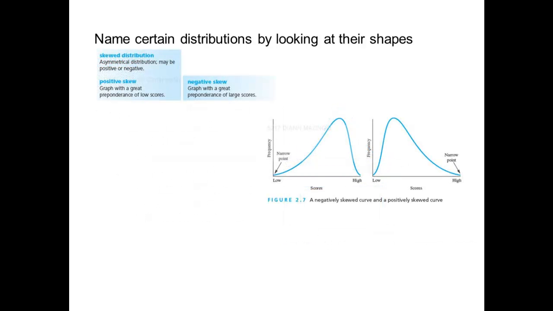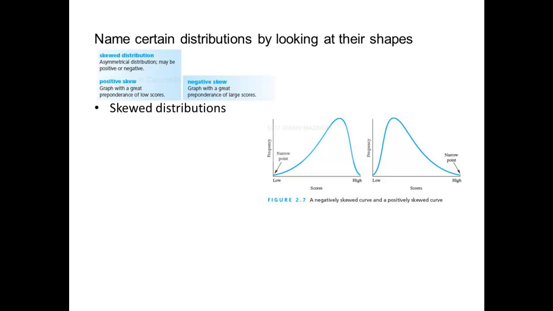There are two major types of skewed distributions. These graphs are called skewed because they are not symmetrical. In Chapter 3, we'll learn what makes certain distributions asymmetrical in terms of their measures of central tendency, that is, their mean, median, and mode. At this stage, though, we just want to ensure everyone can recognize the two types of skew by visually examining